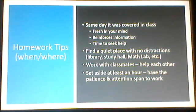And this is going to help you remember it better, right? So you hear the teacher explain the stuff today. You see the teacher do the example problems today. You go back this afternoon or tonight and you do that stuff yourself. That's just reinforcing those things that you learned in class, and again, it helps it stay in your memory better, right? If you learn something and then reinforce it,